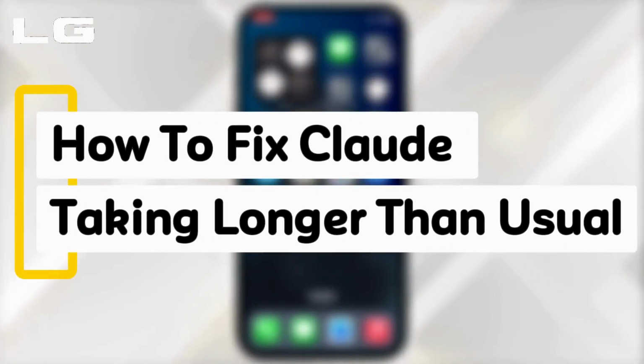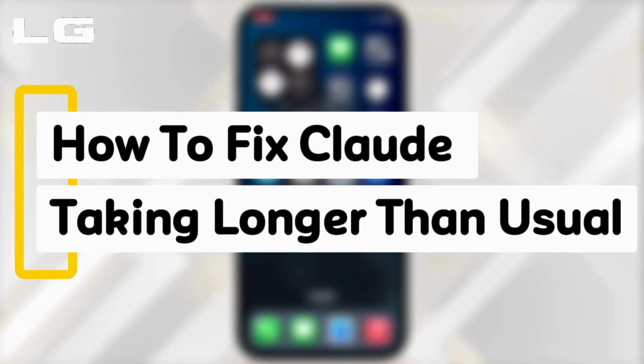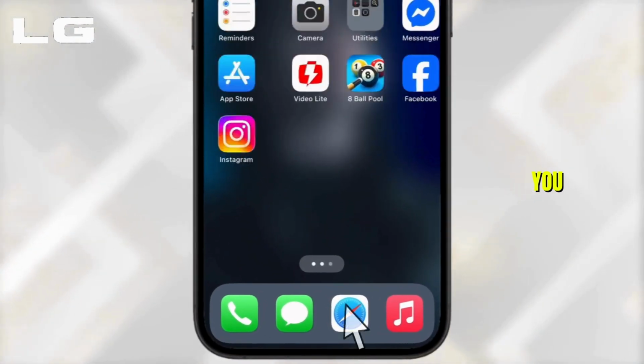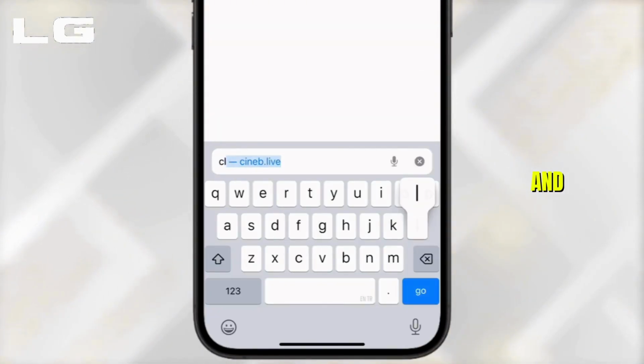Are you looking to fix "Cloudy taking longer than usual? Trying again shortly" attempt? Then in today's video, I'll show you the step-by-step process on how you can easily fix this issue. First thing first, you need to head over to any of the browser and in the search bar